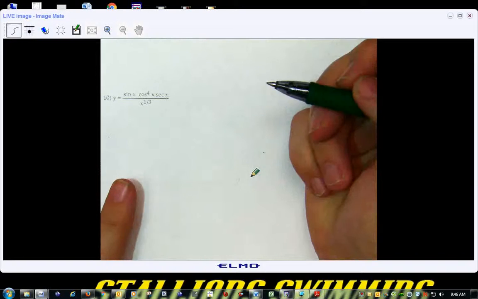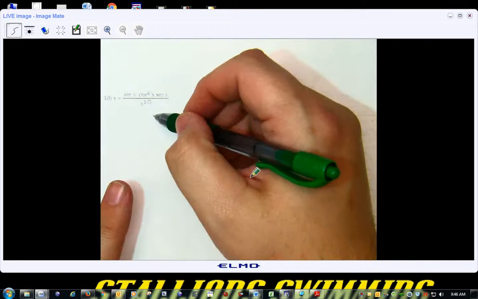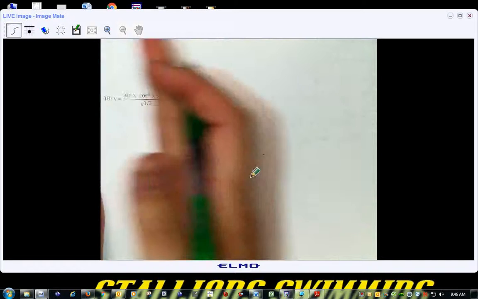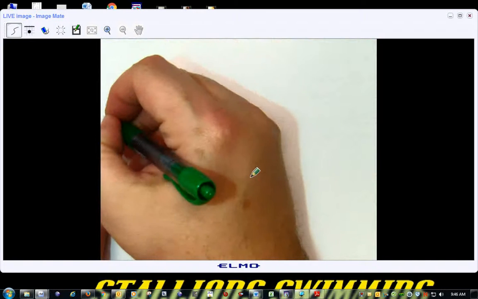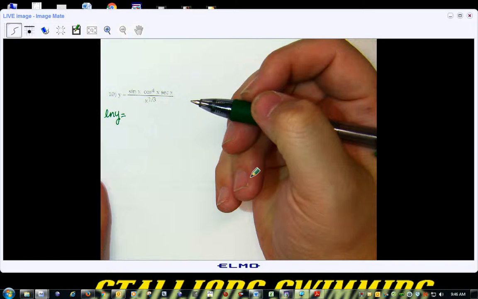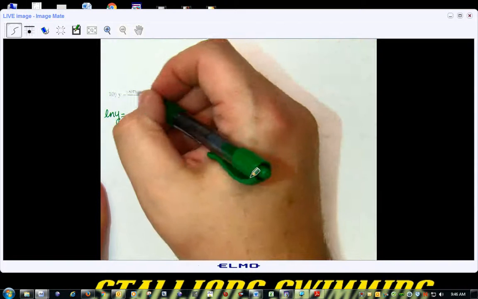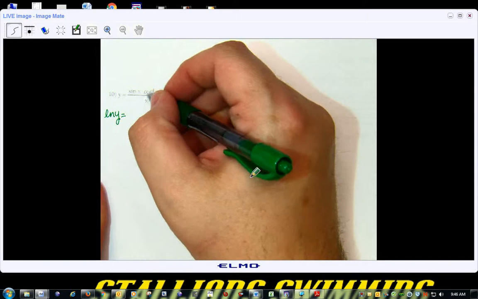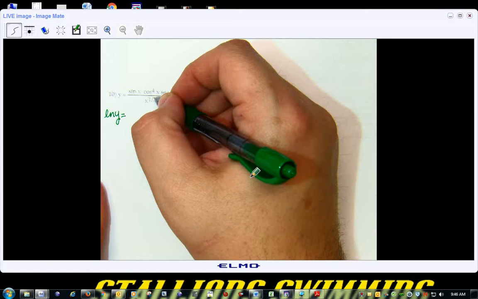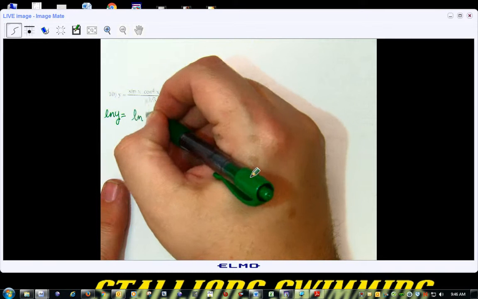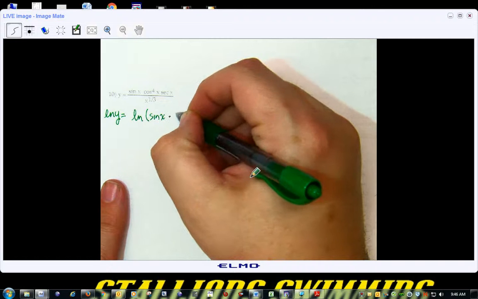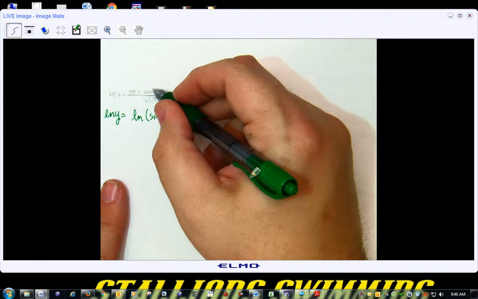The first thing that I see is that we have a division. So I can change this, and I'm going to take the logarithm of both sides. So I'm going to take the logarithm of y. And then, since I have a over b, what would I do with these logarithms? Subtract them. So I'll get the logarithm of sine x times, now, whenever you see the cosine,